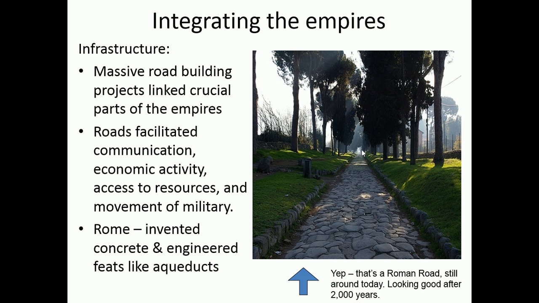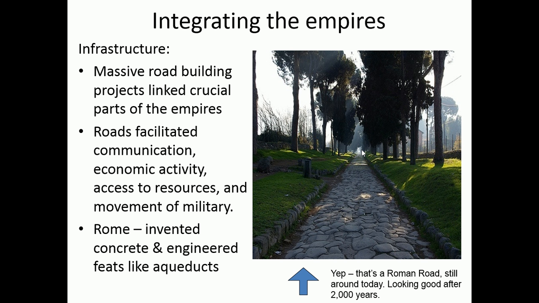Both empires had to work a lot to integrate themselves, meaning to bring themselves all together. Over on the right, you'll see an example of a Roman road that's still around today. You can see it still looks pretty good. A lot of what these empires did to link themselves together was build roads. We usually refer to this as infrastructure. So if you'd like to put a little star beside that word infrastructure, that would probably be a good idea. Roads are great. They allow you to move troops quickly. They allow trade to be conducted more easily across wider areas.